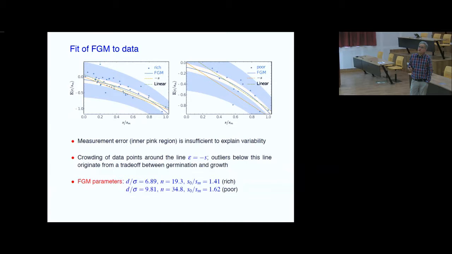There is this line minus S here, so the measurements below it in some sense shouldn't be there, because I told you that the assay doesn't allow them to actually see growth rates where the growth rate of the double mutant is smaller than the growth rate of the single mutants. They are